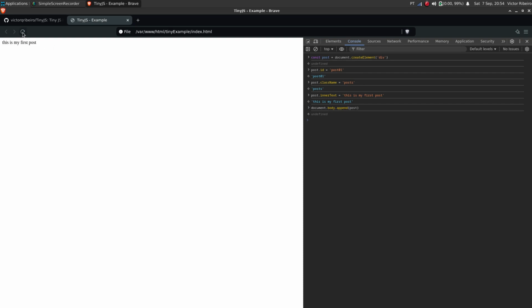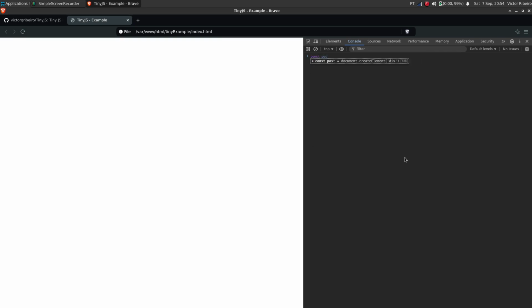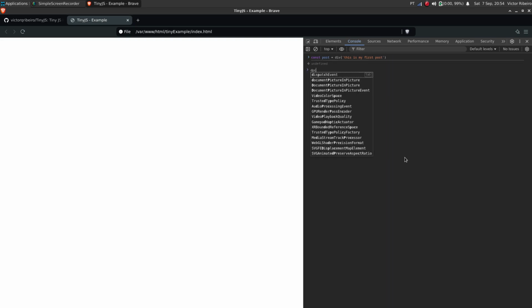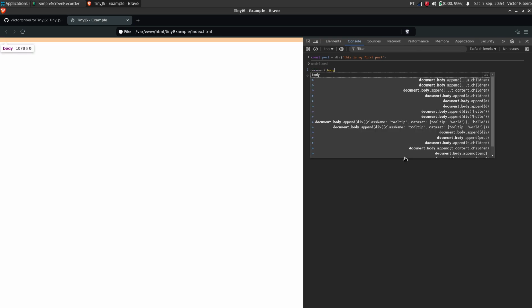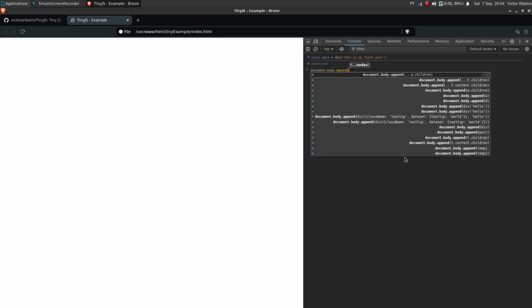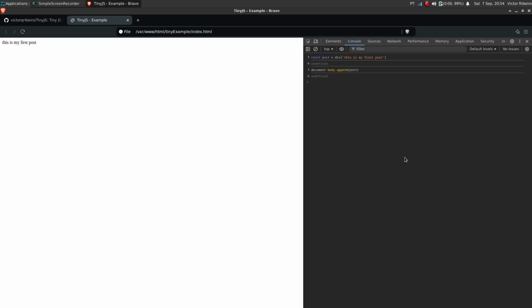What TinyJS does is it creates a function for each HTML tag. For instance, div, in this case, is gonna be post = div("This is my first post"), and I can just append that, document.body.append(post). Yeah, so I have the same div as before, but I don't have any